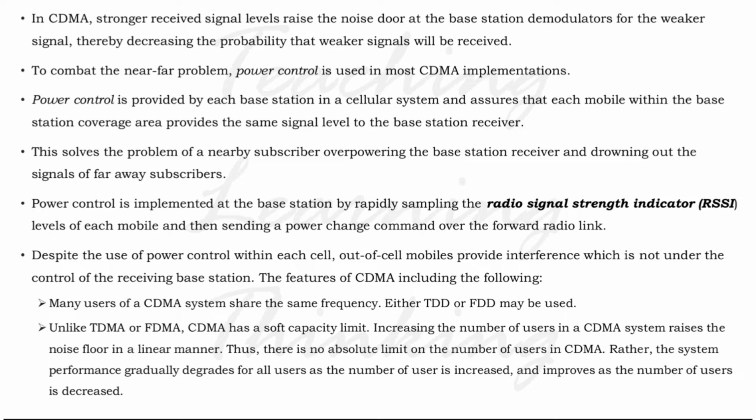Power control is implemented at the base station by rapidly sampling the radio signal strength indicator (RSSI) level of each mobile and then sending a power change command over the forward radio link. Despite the use of power control within each cell, out-of-cell mobiles provide interference which is not under the control of the receiving base station. So some features of CDMA include: many users of CDMA systems share the same frequency,